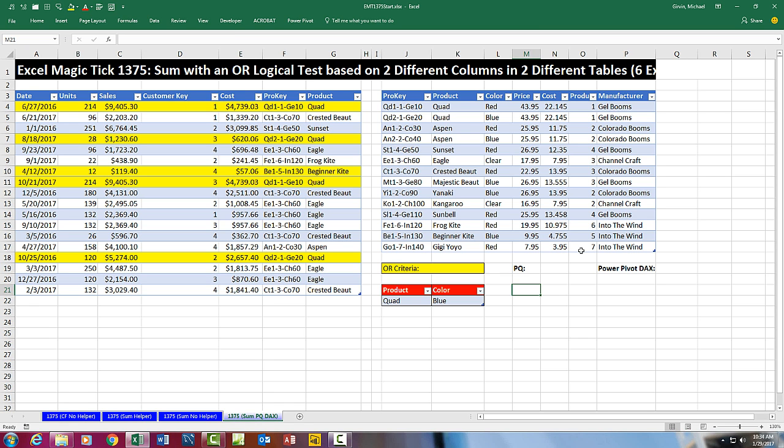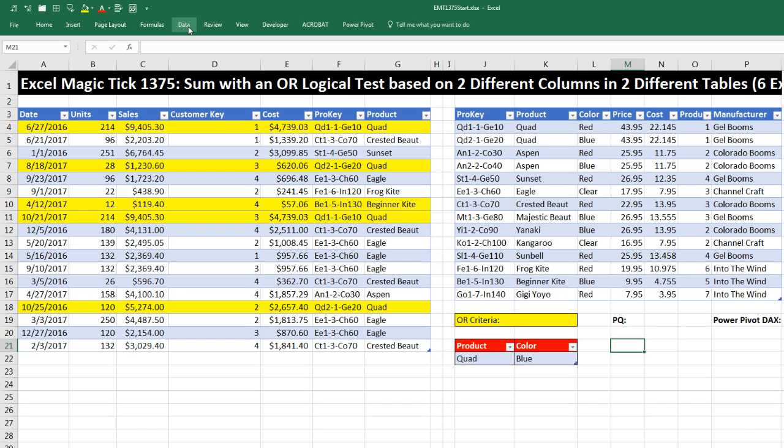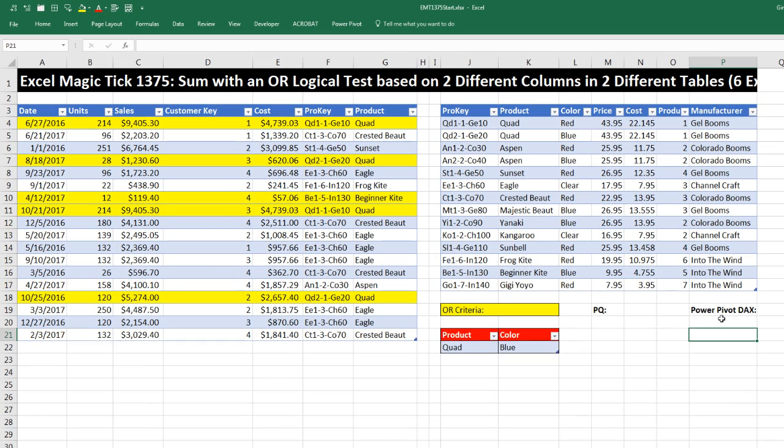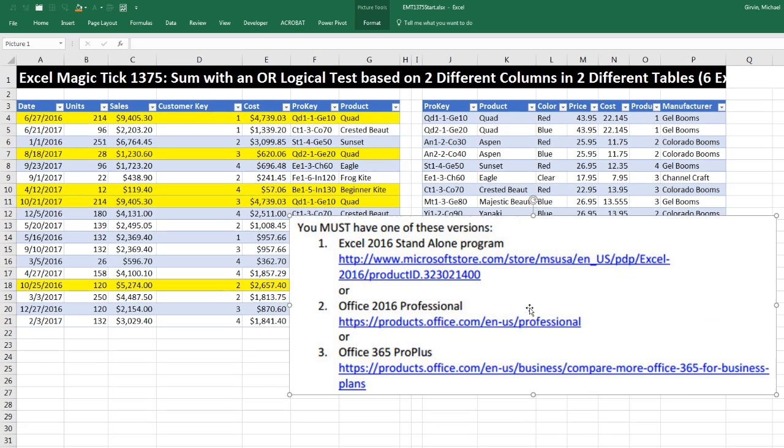Now, both Power Query and Power Pivot using DAX require that you have the right version. For Power Query, I have Excel 2016, so I go to Data, and there it is. Get and Transform is Power Query. If you have Excel 2010 or 13, you have to download Power Query as an extra tab. Now, Power Pivot. I have Excel 2016, but you have to have the right version. Here are the correct versions for Excel 2016. You can have the standalone, the disk with Office 2016 Professional, or the one you really should get, Office 365